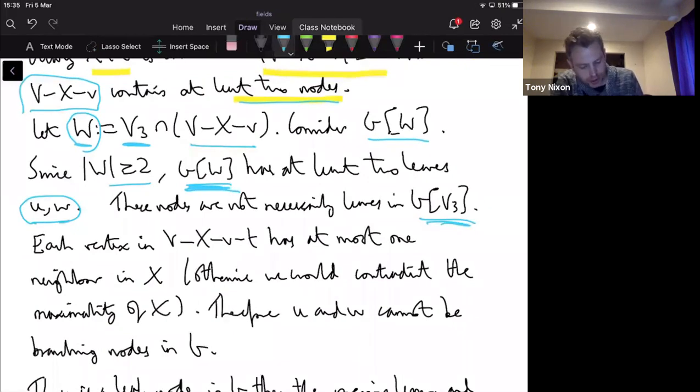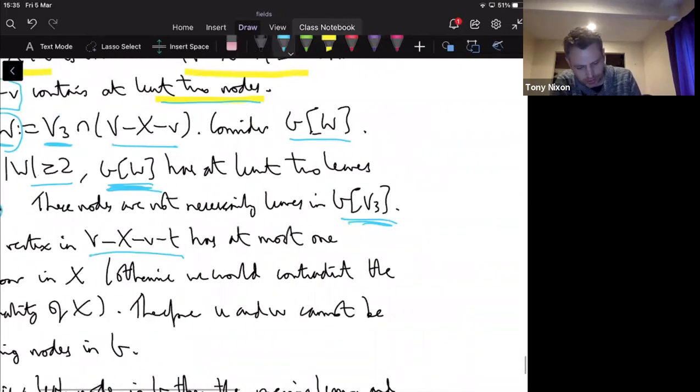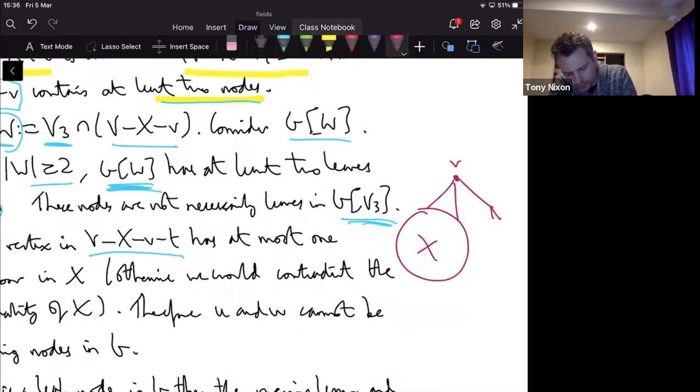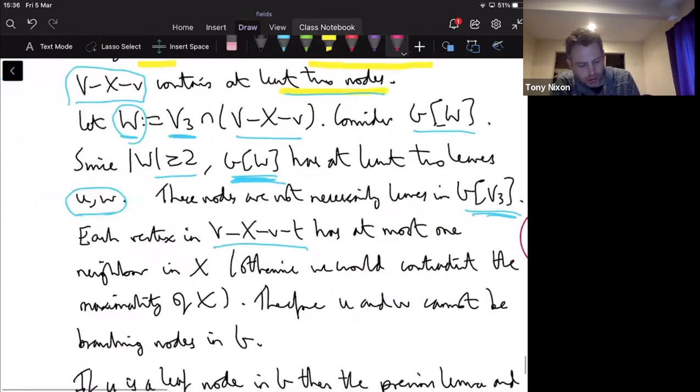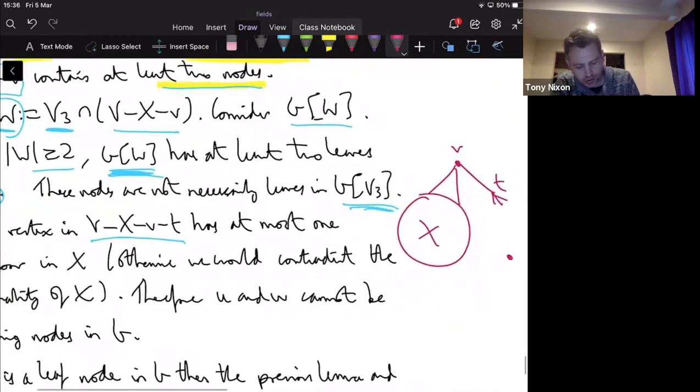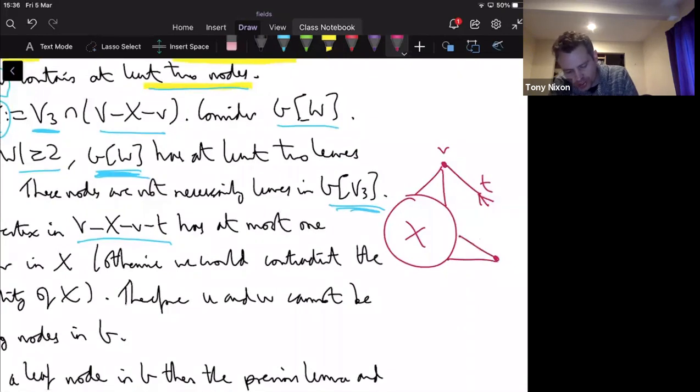So every vertex in V minus X minus V minus T, maybe I should draw a picture. So we have V, we have our critical set X, we have our neighbor T of degree at least 4, which shows it's a node, and we pick a vertex over here. So each vertex in V minus X minus V minus T has at most 1 neighbor in X, because if it has 2 neighbors in X,